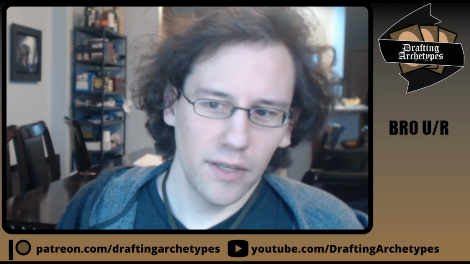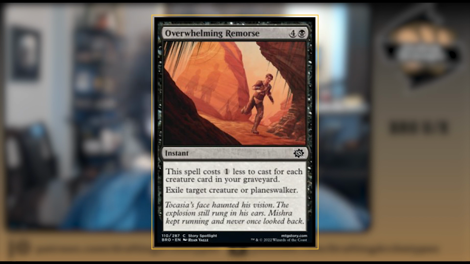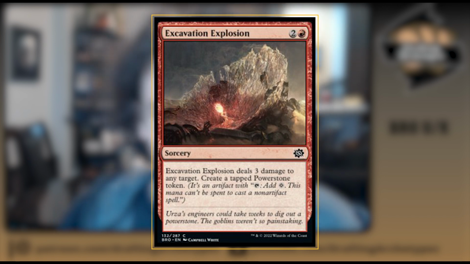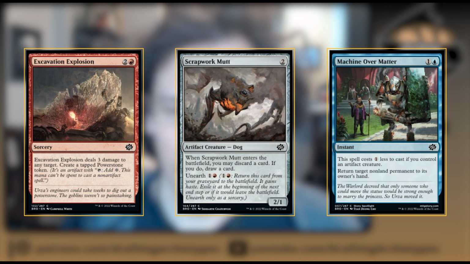Looking at commons, I would say the closest to surprising to me is Machine Over Matter being the third best performing of the blue and red aligned commons. So weirdly, on 17 lands at the moment, Overwhelming Remorse has the best win rate in blue-red. I don't think there's any way that it's actually better than Excavation Explosion. I think it's a tiny sample size type issue, or maybe decks that are splashing it, like there's some kind of covariance with other stuff that makes it perform better. I don't think you should be taking Overwhelming Remorse over Excavation Explosion in your blue-red decks, of course. So anyway, the top performing blue and red aligned commons are Excavation Explosion, Scrapwork Mutt, and Machine Over